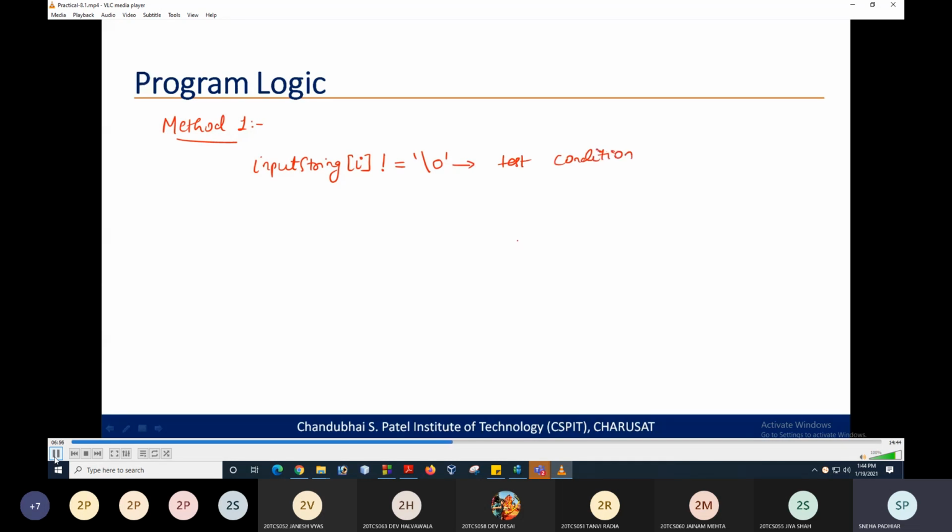So this will act as the test condition. You can use any of the loops, and accordingly you need to initialize this i variable and then perform increment and decrement. Now first you can check like input string of i is greater than or equal to A.